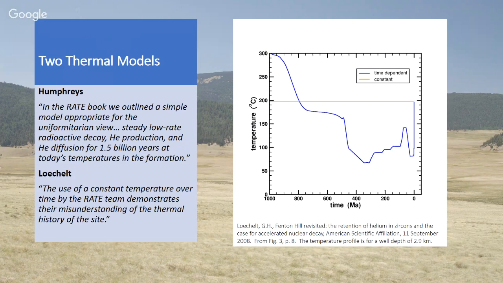But the problem is temperatures weren't higher in the past. They were lower by every source until you get to some of these heating events mentioned by Harrison in the Precambrian. You can see the curves do cross past 800 million years. So you can say, yes, temperatures were higher in the past. In the deep Precambrian, when you had the crustal formation of North America and voluminous plutonic events, yes, it was higher back then. But from 800 million years on, there's plenty of time for these zircons to retain at least a good fraction of their helium.